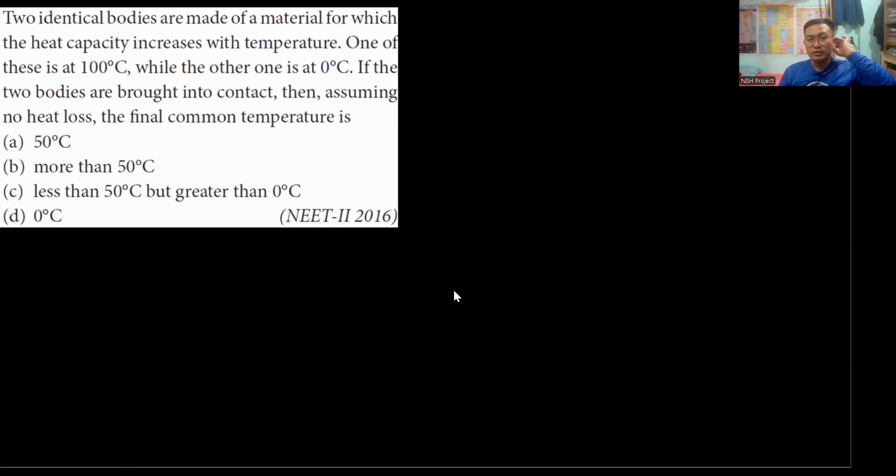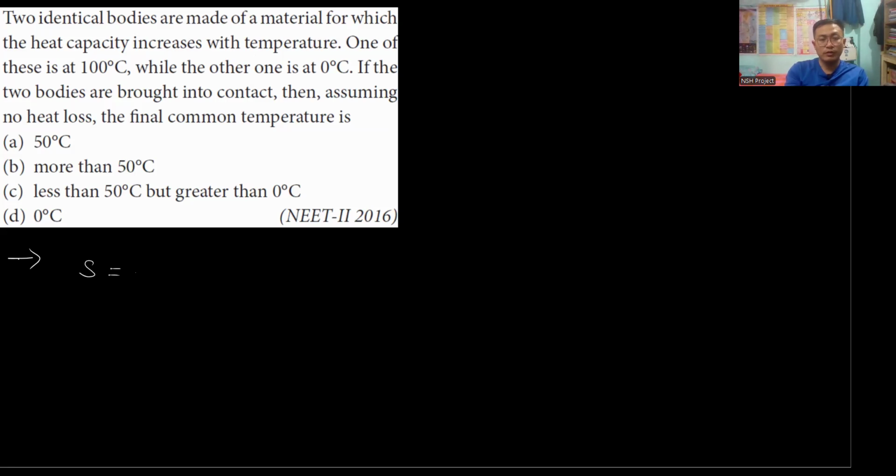Okay fine. So this question is a tricky question. Two identical bodies are made of a material for which the heat capacity increases with temperature. So heat capacity increases with temperature. Now